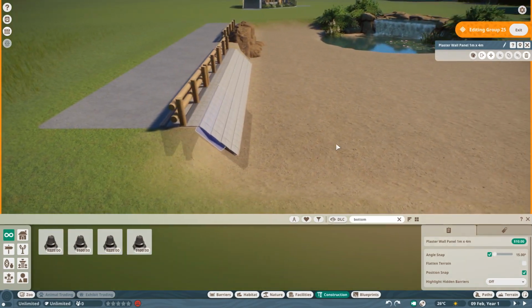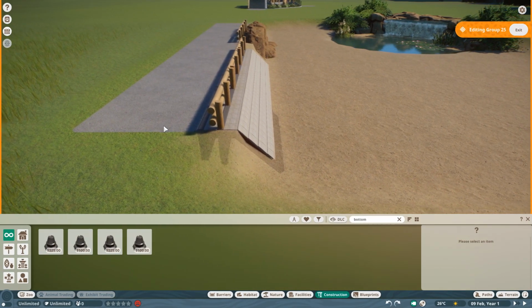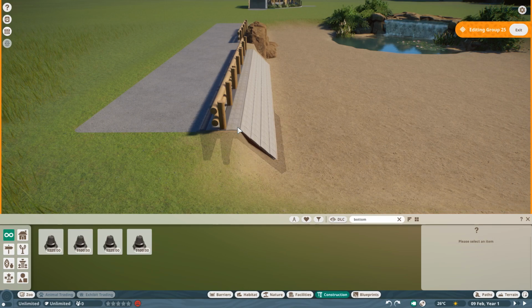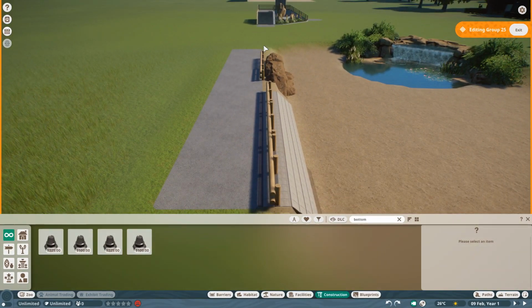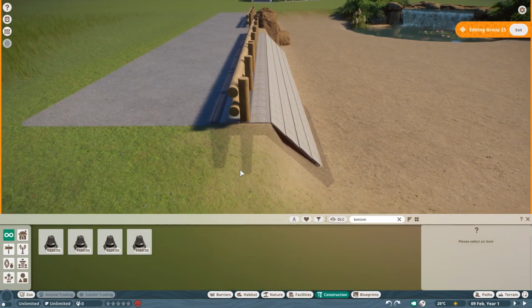Now I am going to say this is just one way of doing this. I do believe you can get the path a lot closer to the edge if you don't do it the way I've done it, but this is the quickest way, and I think the quickest way is probably the way that the majority of people do it. So that's why I'm showing you an example of this. But if you was to take all this out, you can get that path a little bit closer than I have, but